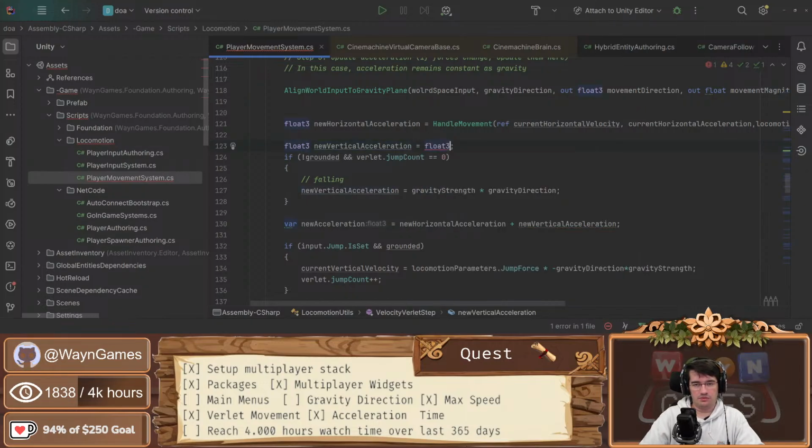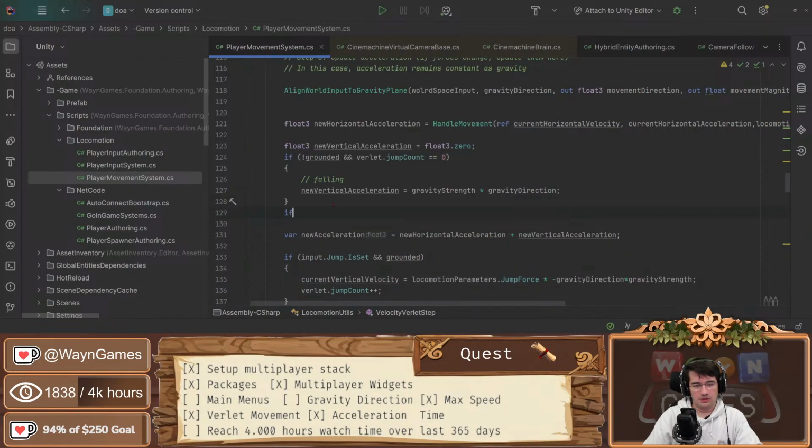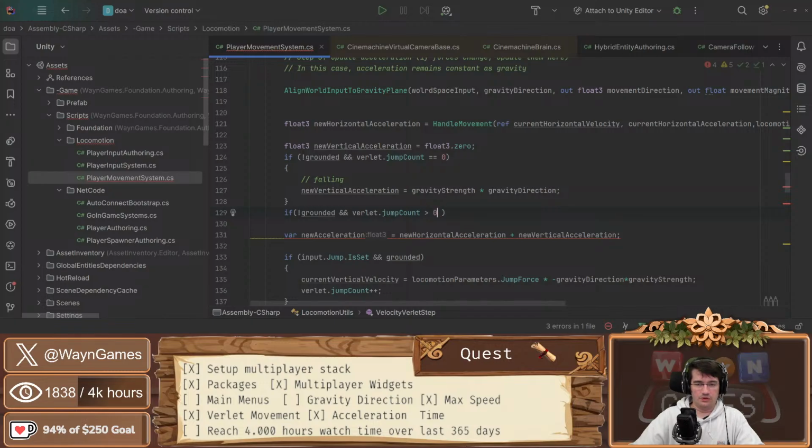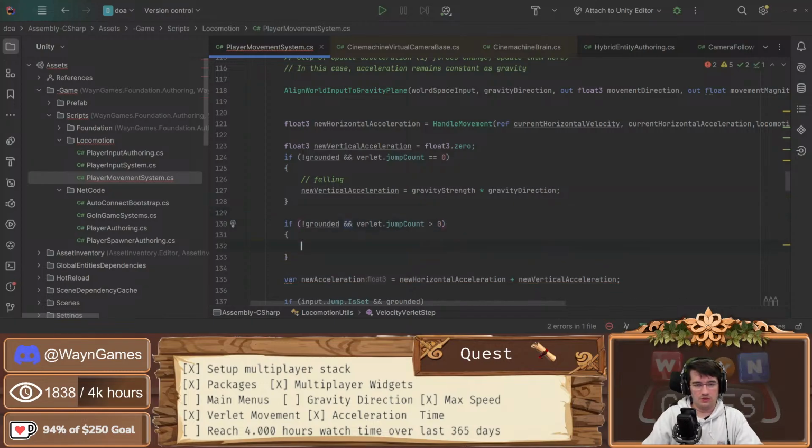Let's start with plot 3, 0. And if I'm not grounded and the jump count is above 0, then I'm in jumping state, and now I need to know if the